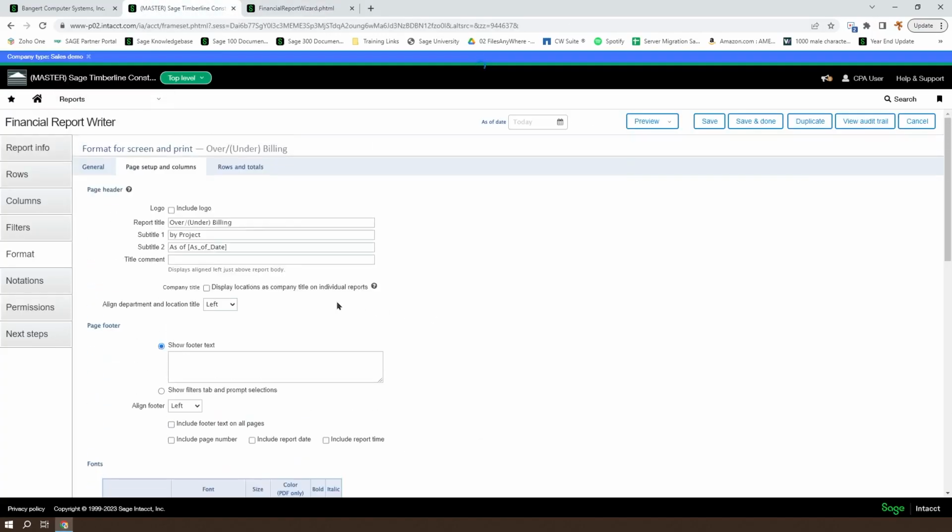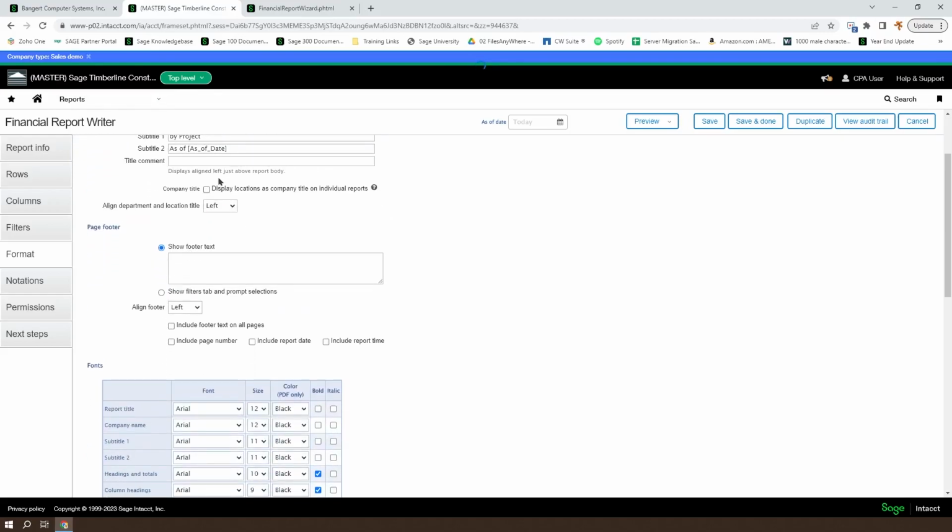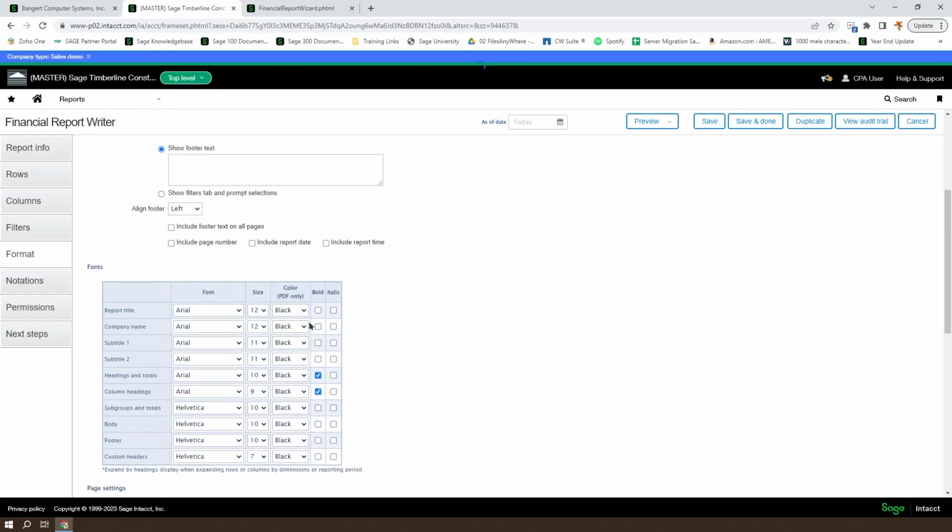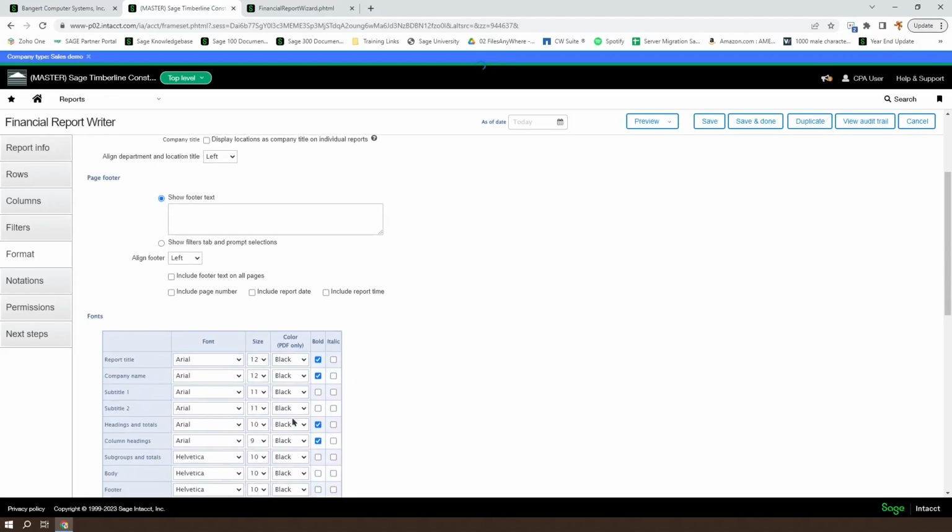There's still a little bit I don't like. I'm not a huge fan that we didn't bold these. And subtitle 2, I think I'd rather see be size 10 and italic.